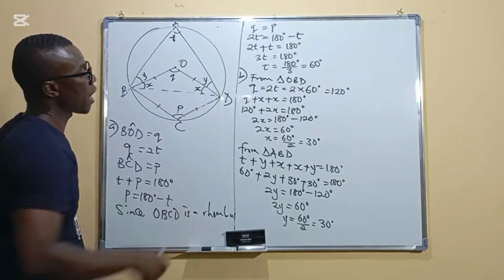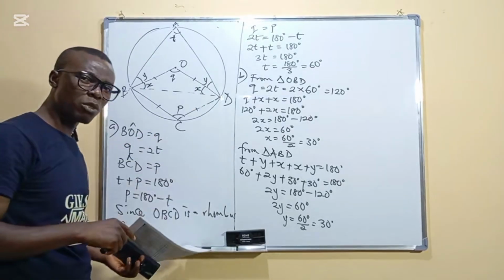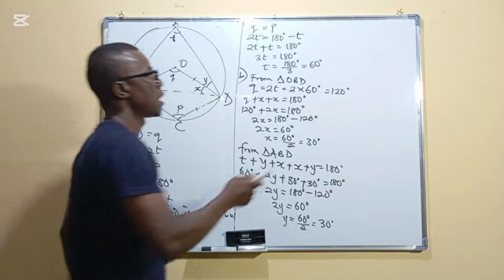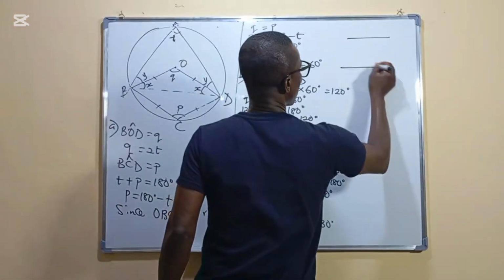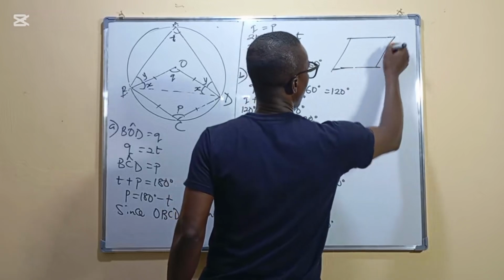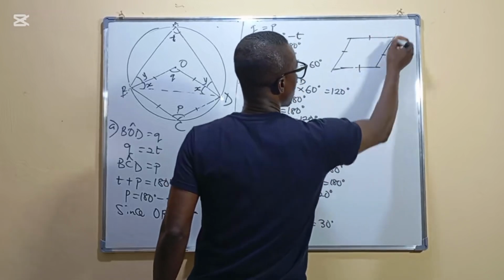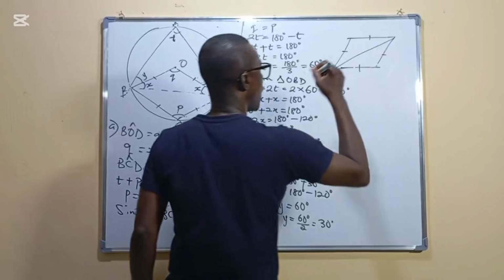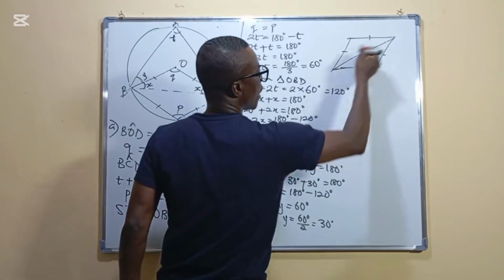We are going to need this angle here. But then, let's flash back to the properties of a rhombus. This is a rhombus. This is how it looks. All the sides are equal. So if we have a diagonal this way, I would like you to know that this diagonal divides